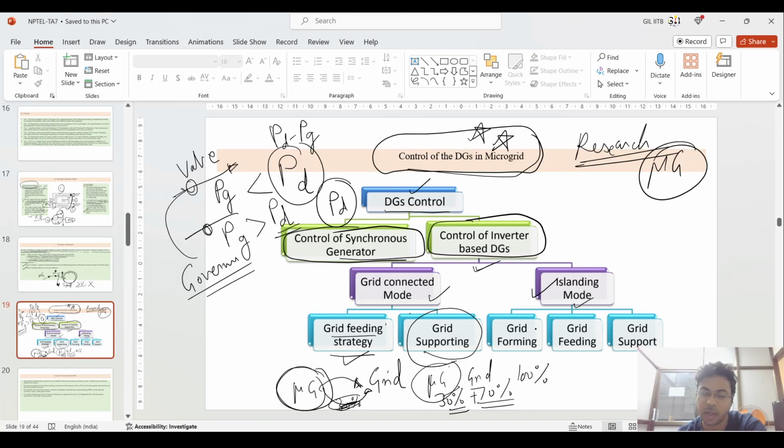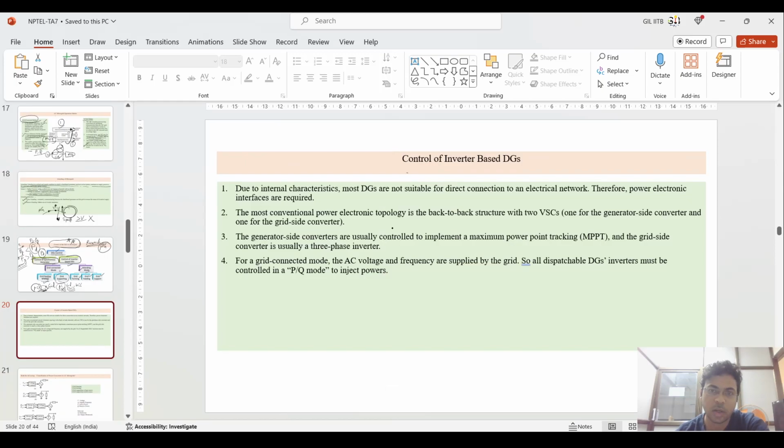Okay. Same with this islanding mode, it can also act as a grid forming, grid feeding, or grid support. So coming to the control of this inverter based DGs,